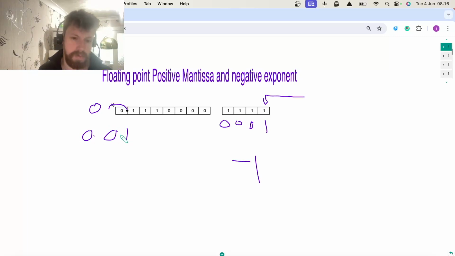So 0 decimal point 0 1 1 1, like that. I could put in the rest of the zeros, but they're not going to have any bearing over my actual answer. And then just write the numbers in there. So that's going to be